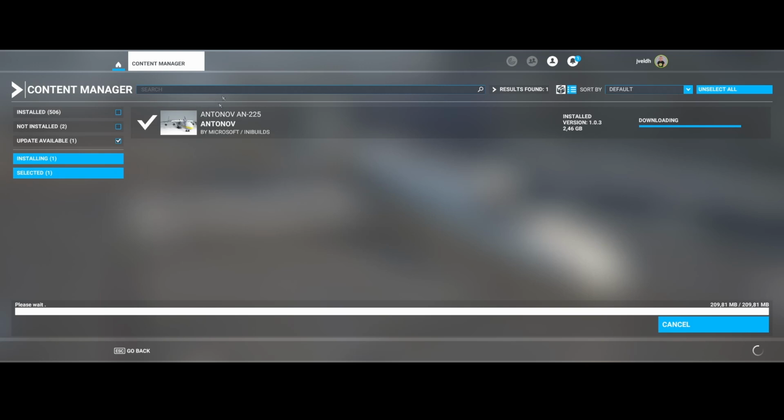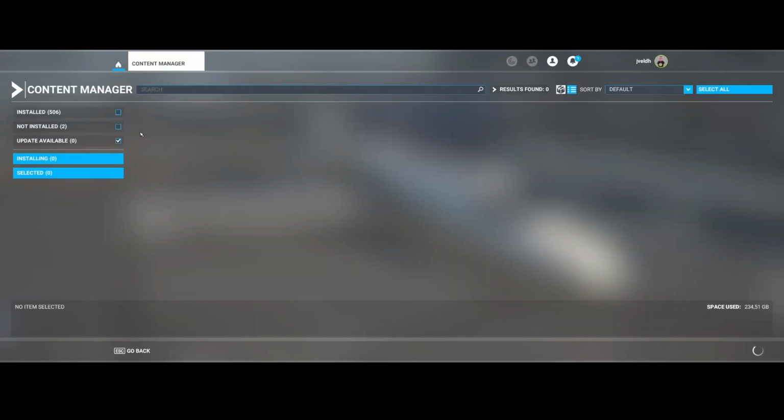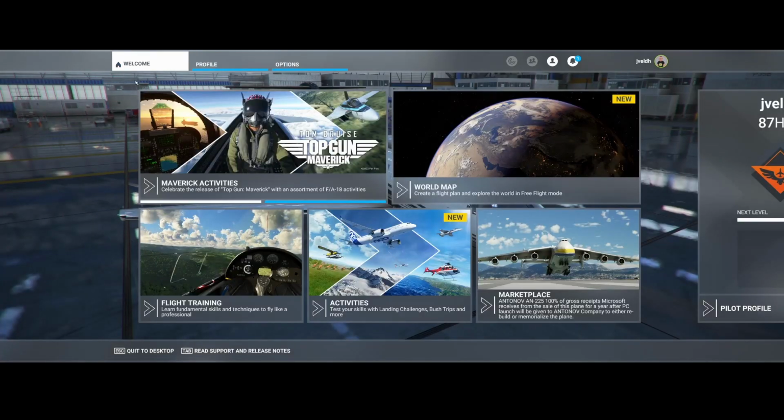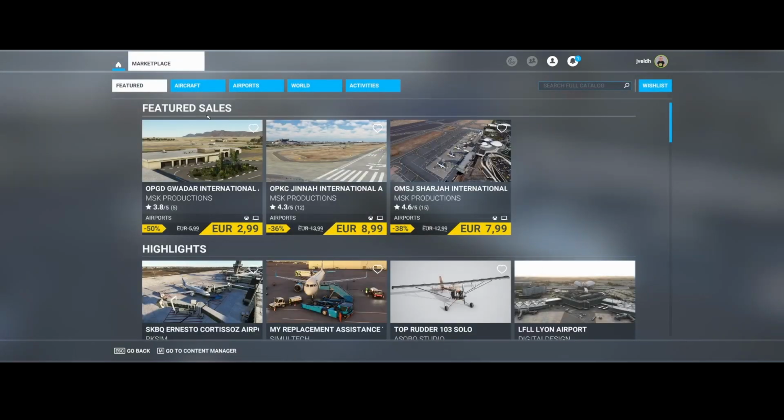So now I need to wait, right? Because it always locks the flight sim if you install an update. I would like that they would resolve that one, but that will likely not happen. What else can we discuss? I think that